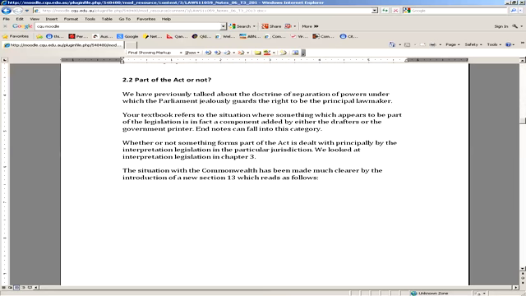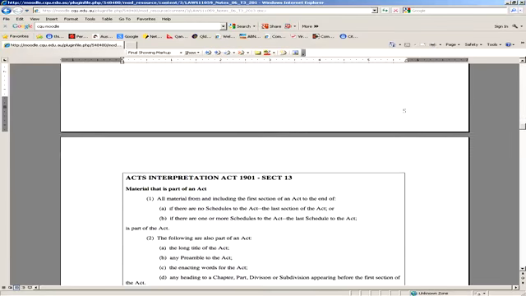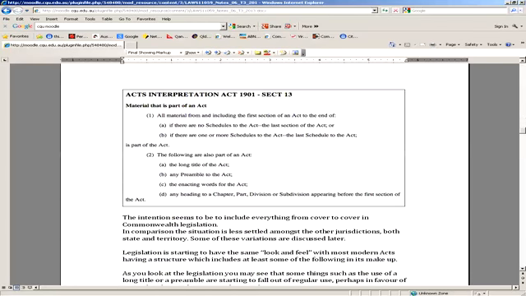The Commonwealth have included Section 13 in the Acts Interpretation Act. So they've said quite clearly, this is what constitutes the Act: all material from the first section of an Act to the end of the Act if there are no schedules. So it's first section to the last section. So what's significant about that is,